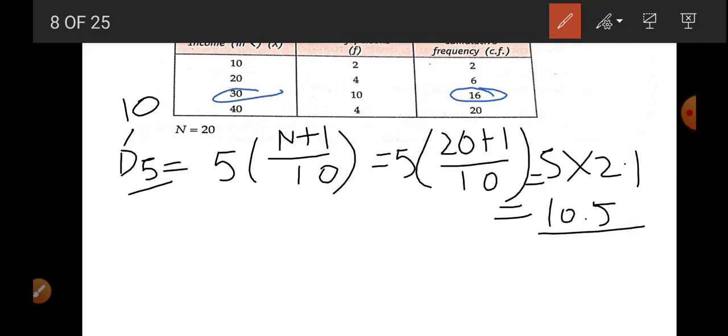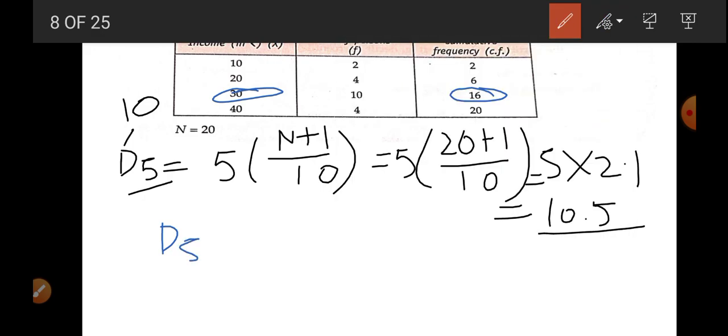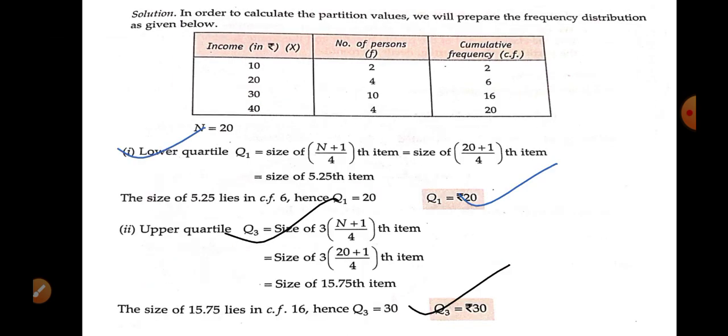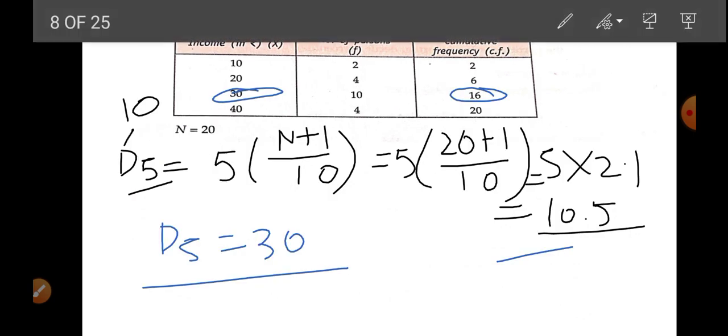Again the value will be 30. So the value of D5 is going to be 30. Okay, so here you can see how you are going to explain it. The size of the 10.5th item lies in 16, so D5 is going to be equal to 30. Now, the next question is to calculate